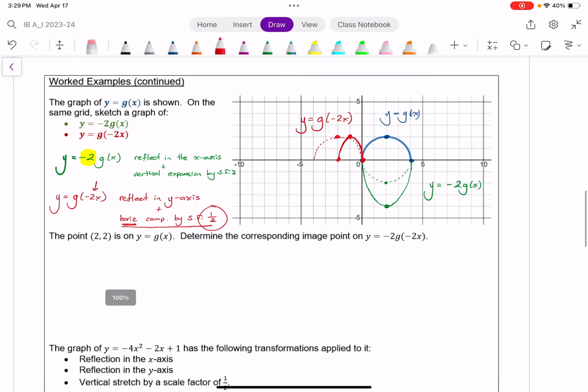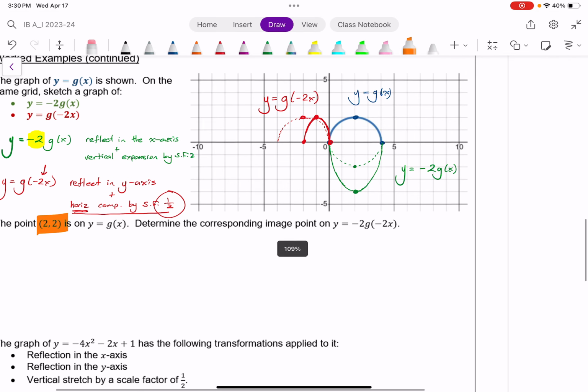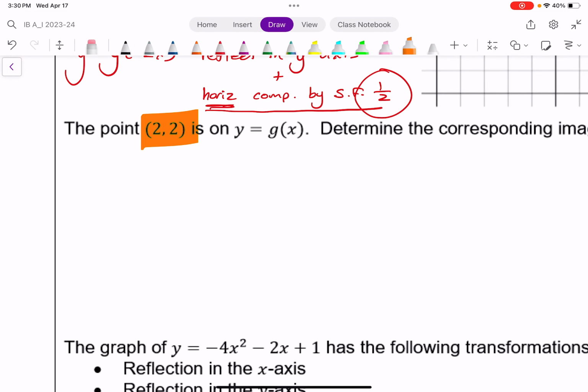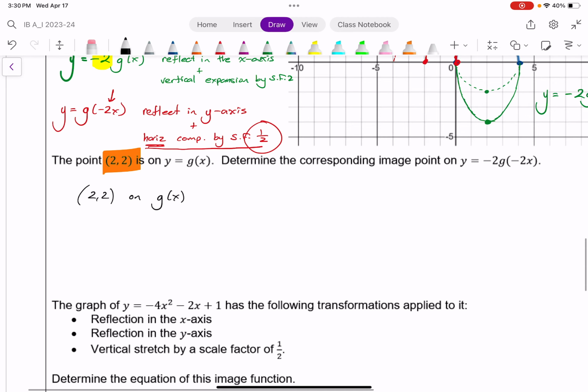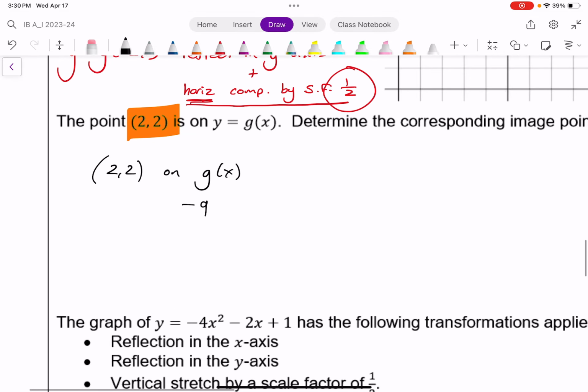All right, with that said, one more question about this. The point (2, 2) is on the graph of g of x. Yep, it's right there. Where will it be on negative 2g of negative 2x? There's a few ways I can do it. I'm going to do this a little less visually. I know that (2, 2) is on g of x. Well, if I look right here, I've got a number of transformations. I'm going to do them one at a time. I'm first going to focus on just the negative in the front. So if I look at negative g of x,